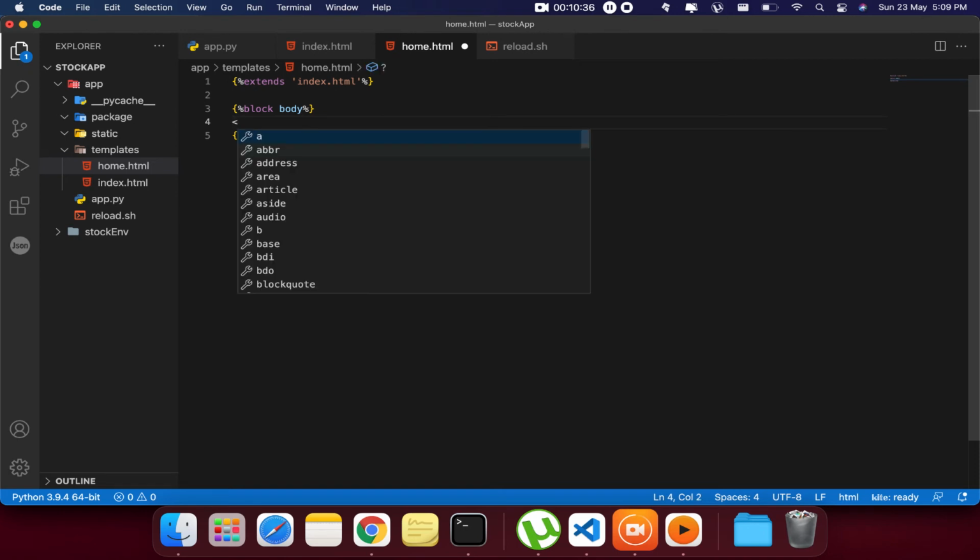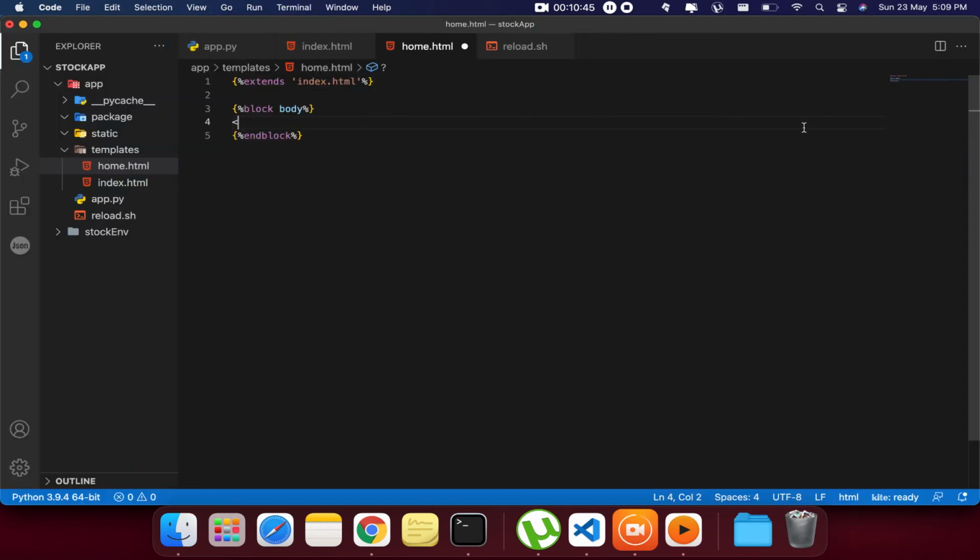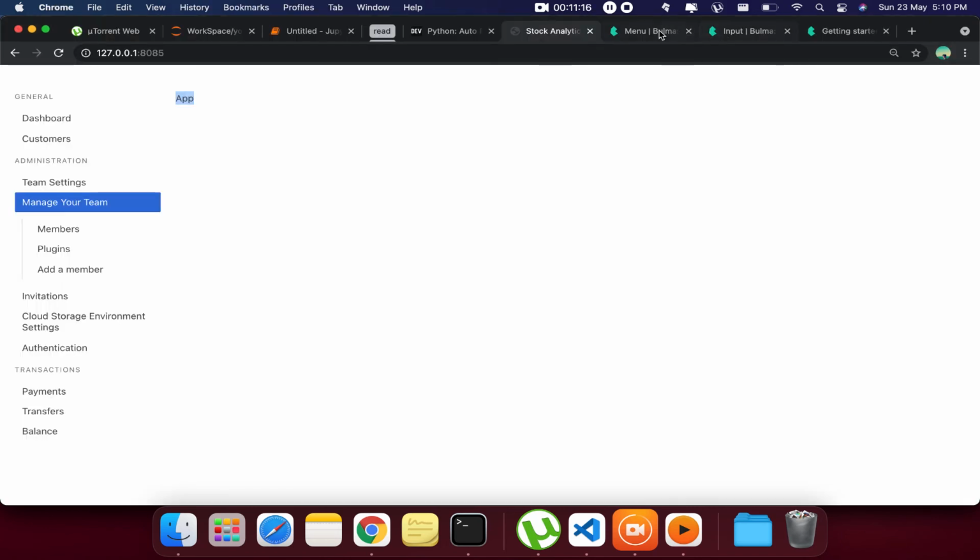Okay, now let's do one thing. Let's create an input bar here, which will take in our ticker ID and show us the graphs we did, right? So again we need to give a div. We'll use class columns, and then another div with class column. We need two divs, one for the input, one for the actual button.